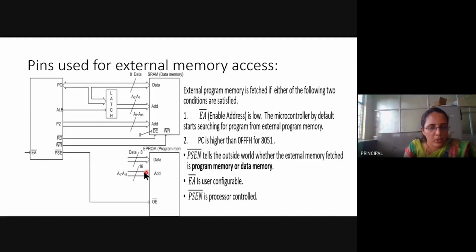So in order to access the program memory, PSEN bar should be connected to the chip enable pins of external program memory, not data memory, program memory. So EA bar, ALE, read, write, and this PSEN bar are the pins which are used for external memory access.